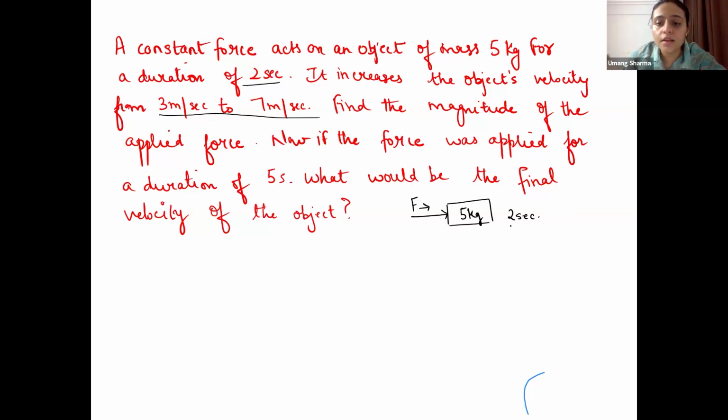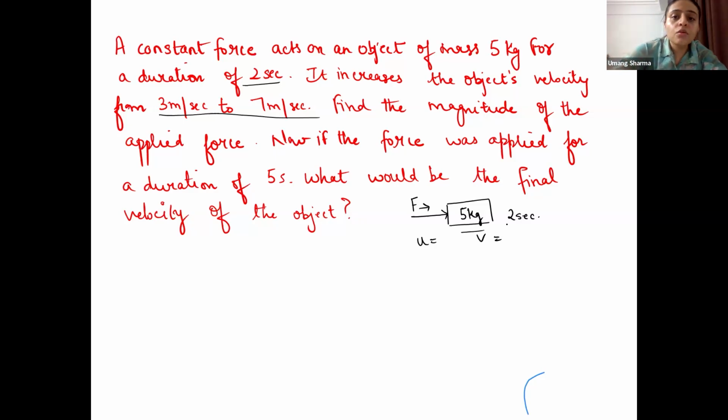T is given 2 seconds. Mass is given 5 kg. Tell me about the U and V. Abhay, please, you can put your input in this one. Okay, Lavanya. Okay. Abhay, please write down the answer. Not the answer, but you can tell me what is U and what is V. All right, students.